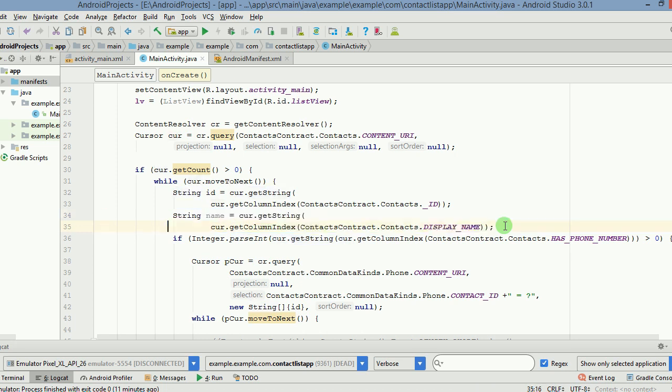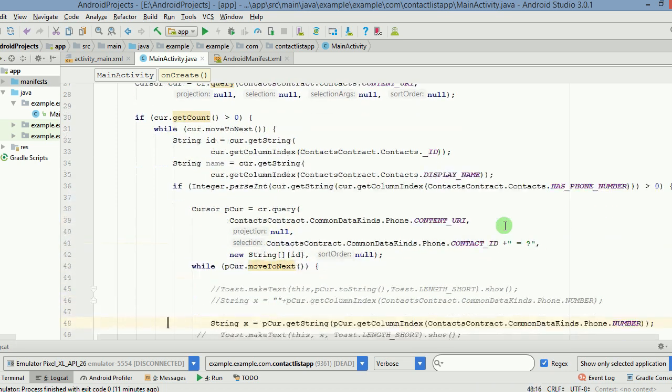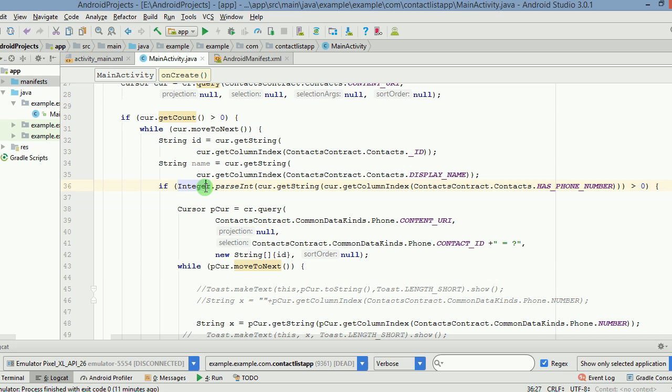So we got the name here, and then what we're doing is we are trying to find out whether a particular contact, on which the cursor is right now, has a phone number or not. Because if you are an Android user, you know that whenever you create a new contact, putting a number there is not a mandatory task, right? So if there is a number, it would be stored like a string only in Android. So we are calling parseInt on that string so that we can fetch the integer out of it,